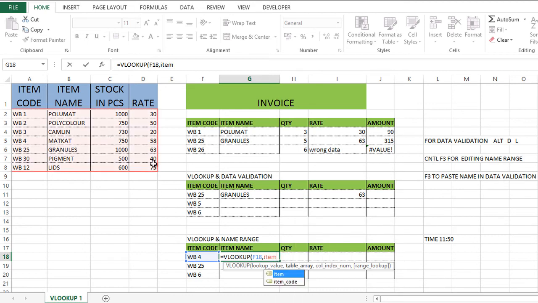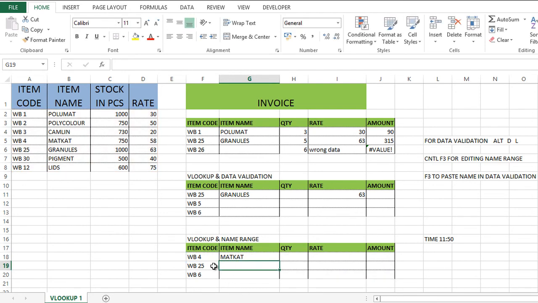As I type here, you will get item, and now all the cells related to this item name have been highlighted, comma. Column index number 2, then 0, bracket close, enter. Now you can see as you change the item code, the name gets changed.